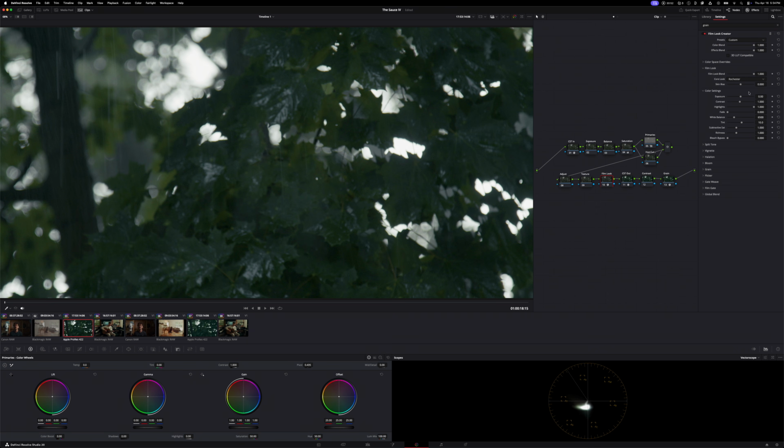We could go to our film look, and at any time you can change it to one of the different emulations. I love what Rochester does to everything but greens. I think that Cinematic does a little bit of a better job keeping them muted, but this is kind of a fun look. We can go over here to exposure,